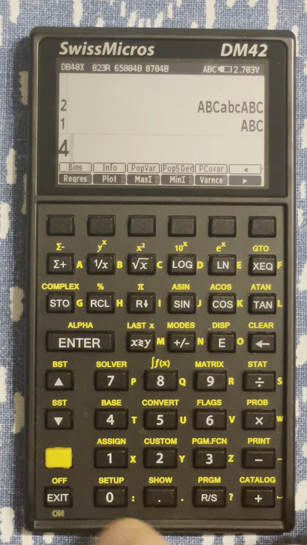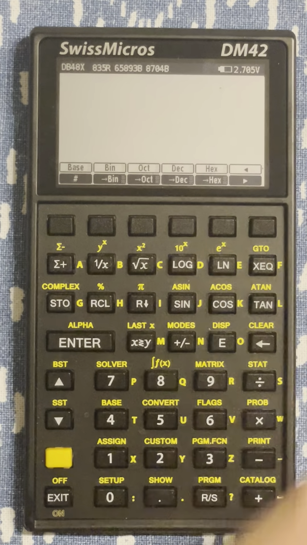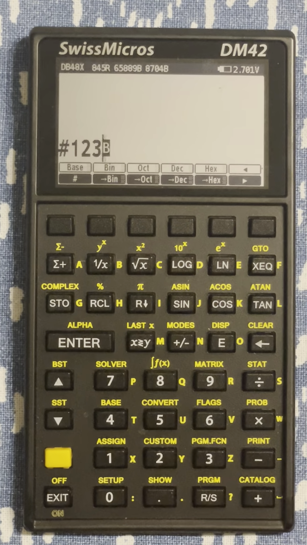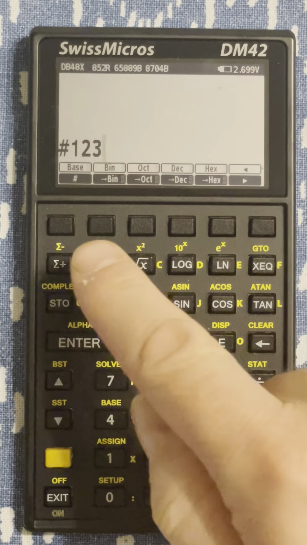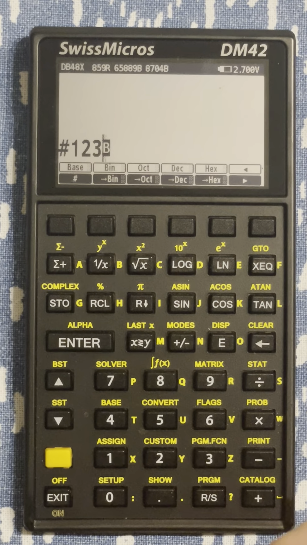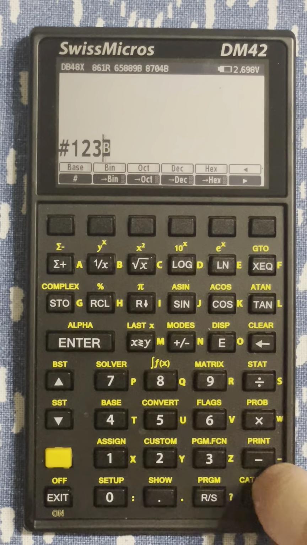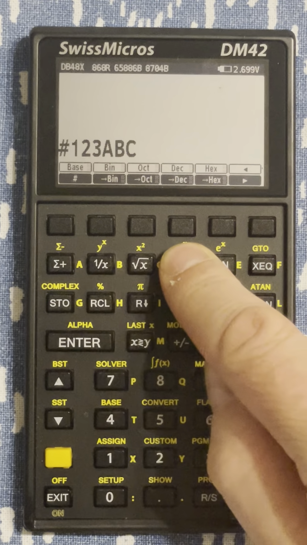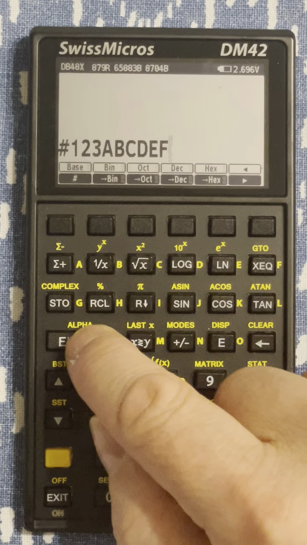The base menu gives me base number operations, and so I can enter hexadecimal numbers, for instance. One thing that is special is that when you have this menu here and you have a hash, so you selected a hash to enter a base number, you see that the cursor changes to B for base number, and this B here tells me that I can enter hexadecimal numbers directly like this. So this is a handy shortcut. I don't need to shift to alpha